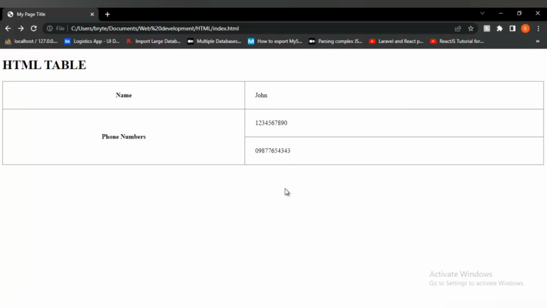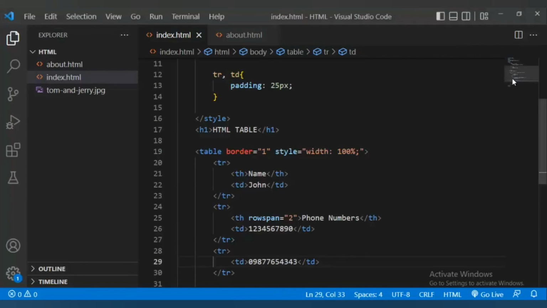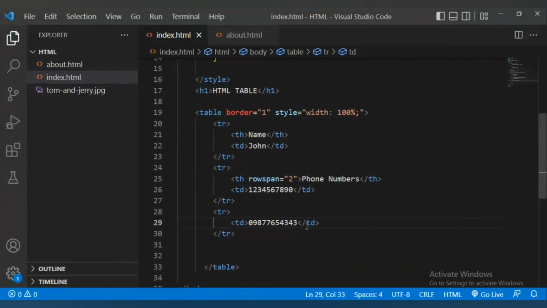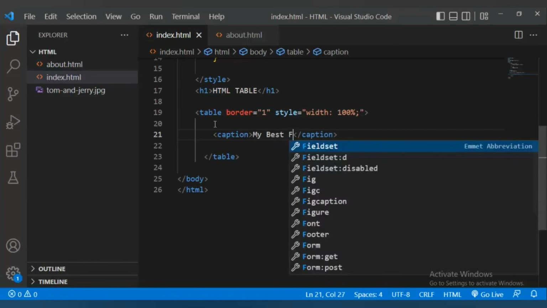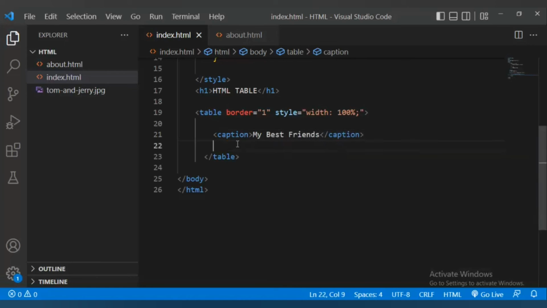In an HTML table, we can add something like captions, something that describes the particular table. So let me have another example here. Table captions are defined with the caption tag. So I can say my best friends, and I have a tr, th, the heading for their names,